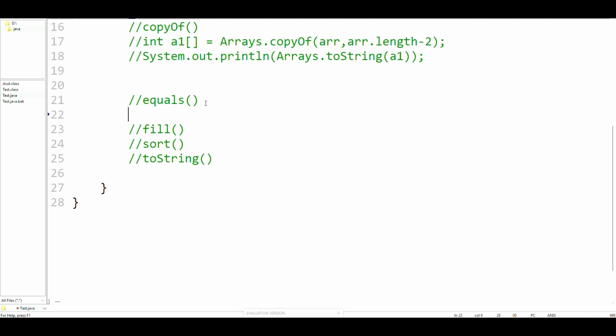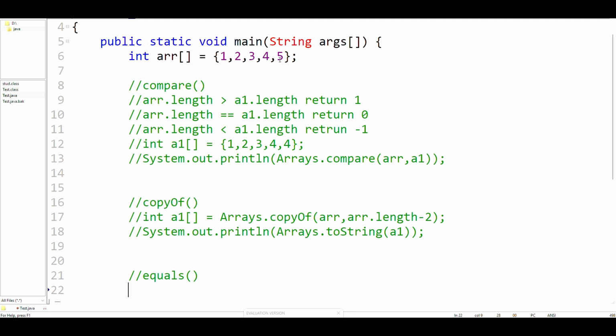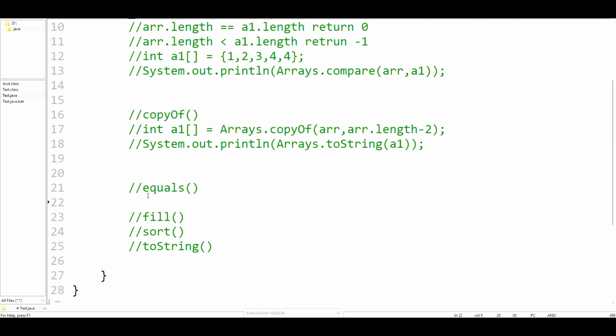For example, we have an array 1, 2, 3, 4 and 5, and I'll create another array, int[] a1 = {1, 2, 3}. It does not just check the length, it checks whether the lengths are the same and the values are in order. So for example,